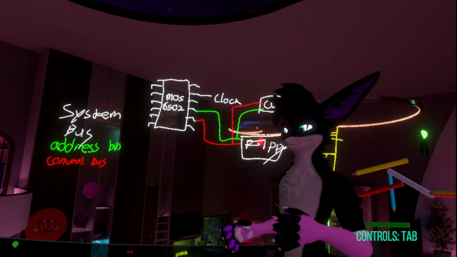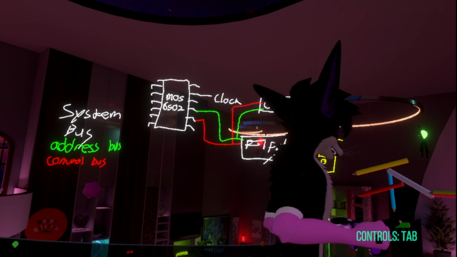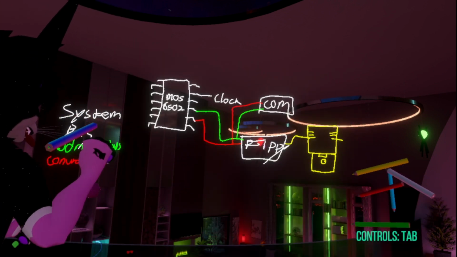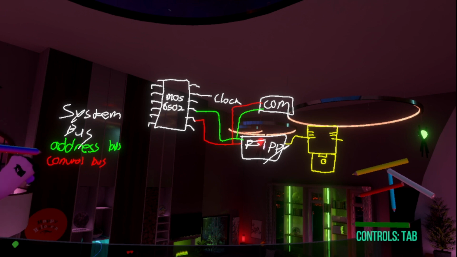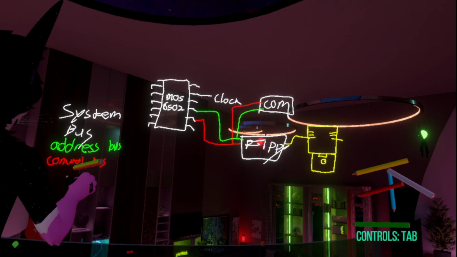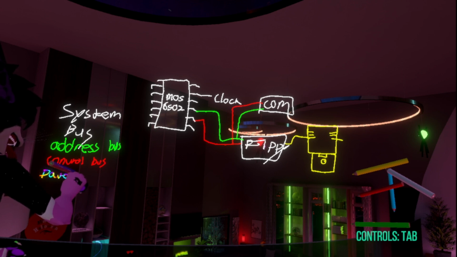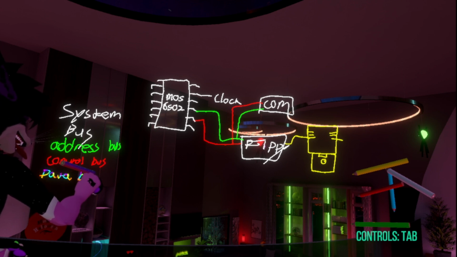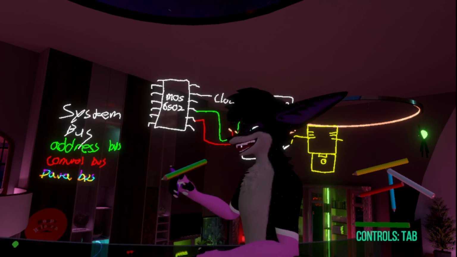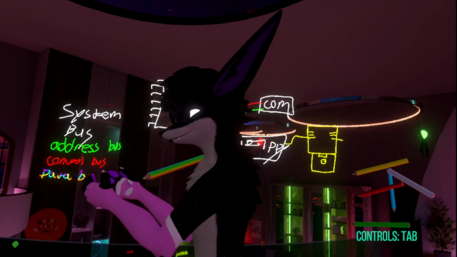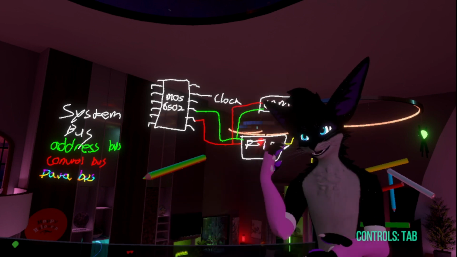Well, that's where the last thing from the system bus comes in. And I'm going to do this with Special Rainbow because it is really cool, as the data. And this is the data bus. That is how data itself gets transmitted.